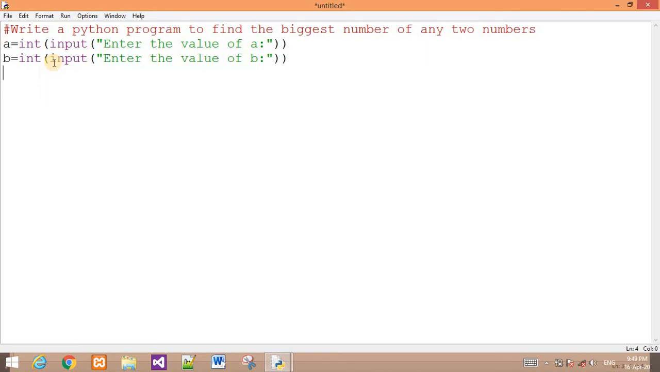Next we check the value of a and b, so we use the keyword if and here check the a variable. Here check the value of a greater than b colon. If a is greater than b is true, then print